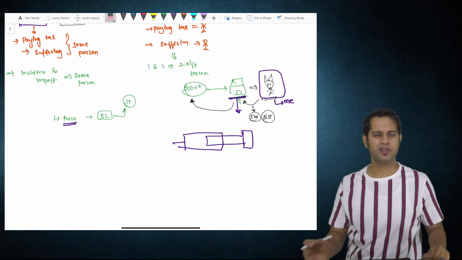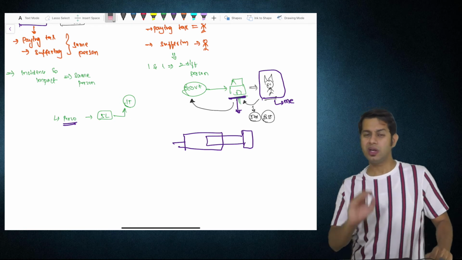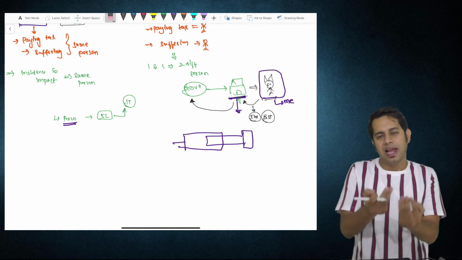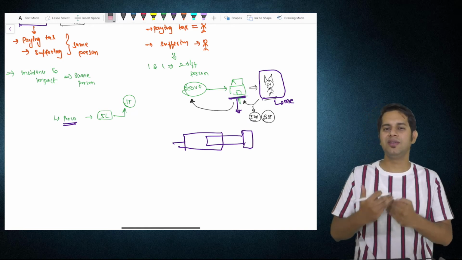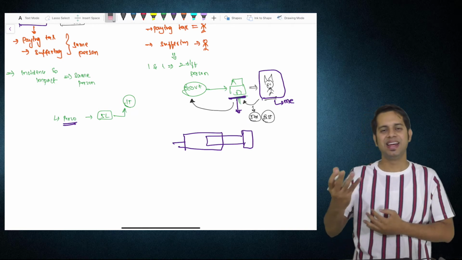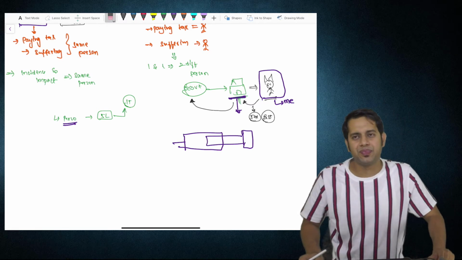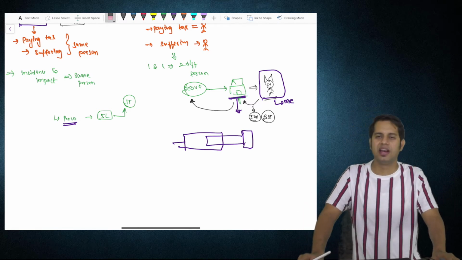Sir, you are talking about girlfriend, sir. I am a girl who is watching. So in case of girl, it is a boyfriend. See, whenever I give an example, I will give it from my angle. I am a boy, so I will keep on saying girlfriend. You can take it respectively. If you have a boyfriend, you can change it to boyfriend. If you have both,